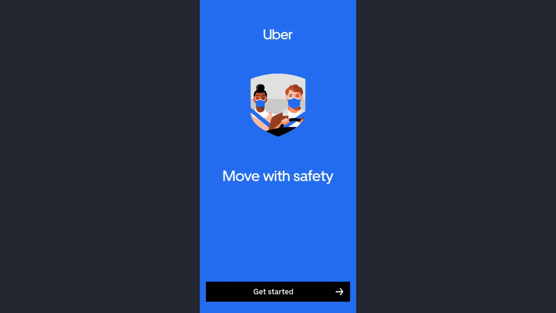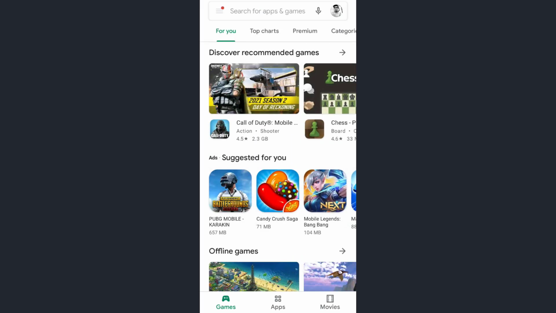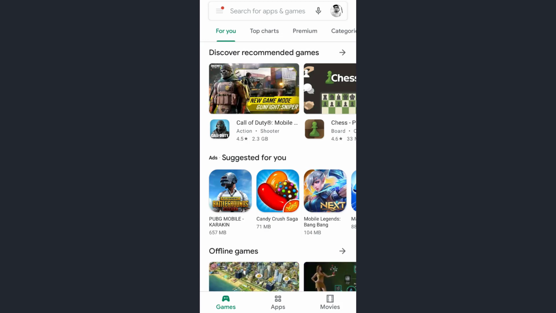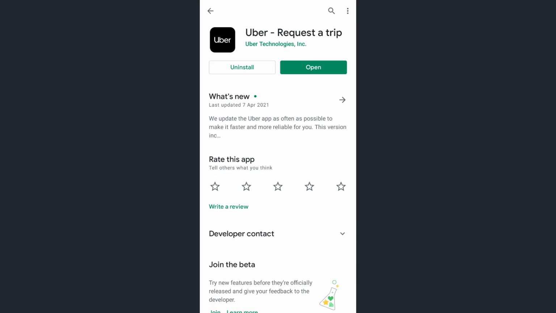So to solve this problem, you need to go to the App Store or Play Store. So open your Play Store or your App Store. Now once you reach this page, on the address bar type the name of the app of which you want to fix the login error. So that's Uber for us. Here type Uber and then open it. So now check whether any update is available or not. If updates are available, then update your app, and once you have updated your app, try logging in, and that will fix your login error. So if this fixes the problem, that's great, and if it doesn't, we have another solution as well.